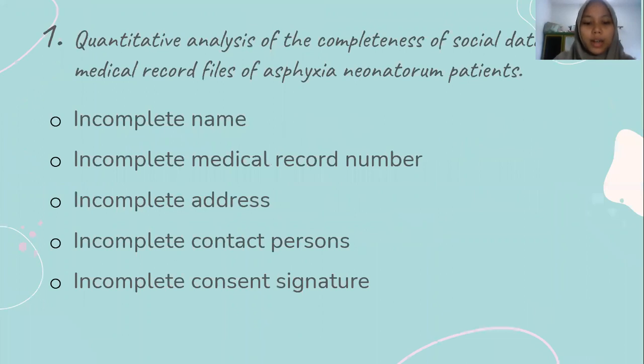In this discussion, I take references from journals that discuss the Qualitative Regional Hospital, which has the highest cases, namely asphyxia neonatorum. Many of the medical records of the asphyxia neonatorum case at the Qualitative Regional Hospital are still incomplete and inaccurate. Incomplete data from quantitative analysis at Qualitative Regional Hospital on 10 files of medical records for asphyxia neonatorum patients. Namely, 1. Quantitative analysis of the completeness of social data in the medical record files of special and foreign